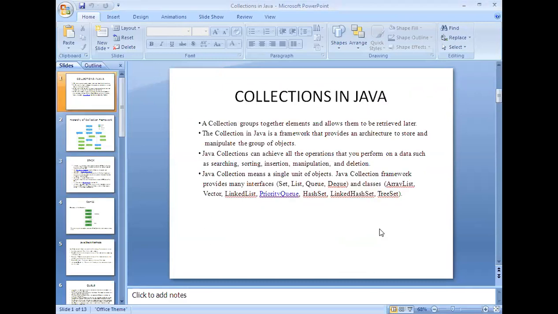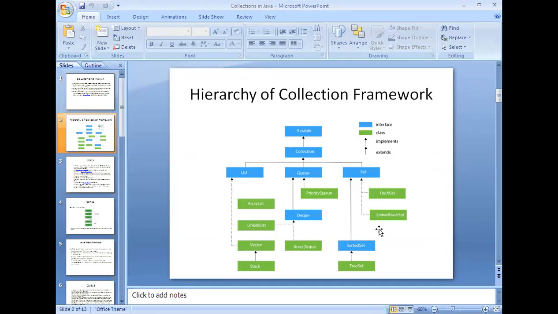Now, this is the collections framework. It contains a set of interfaces as well as classes, and there are various classes which implement the interfaces, right? In that, a stack is a subset of a vector. That means it will implement all the functionalities of vectors. In addition to that, stack is going to implement certain additional methods which are not available in vectors.